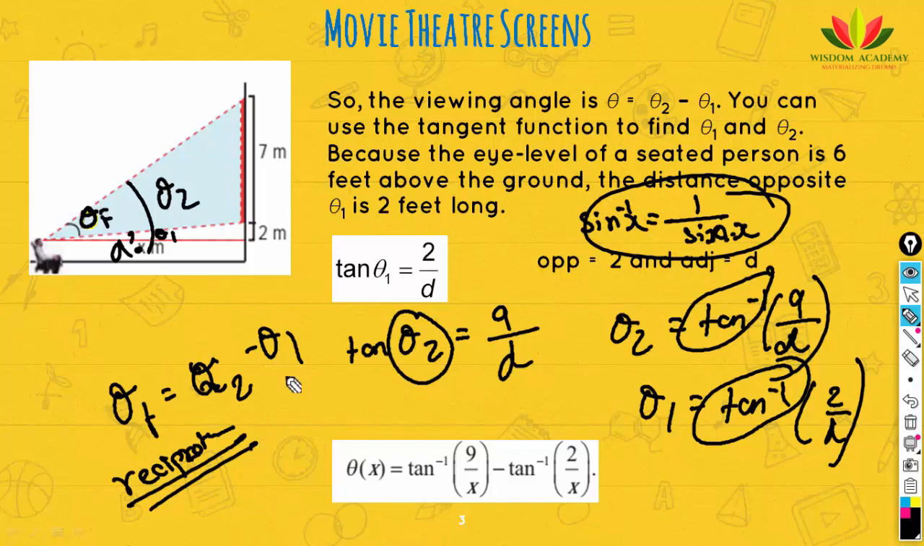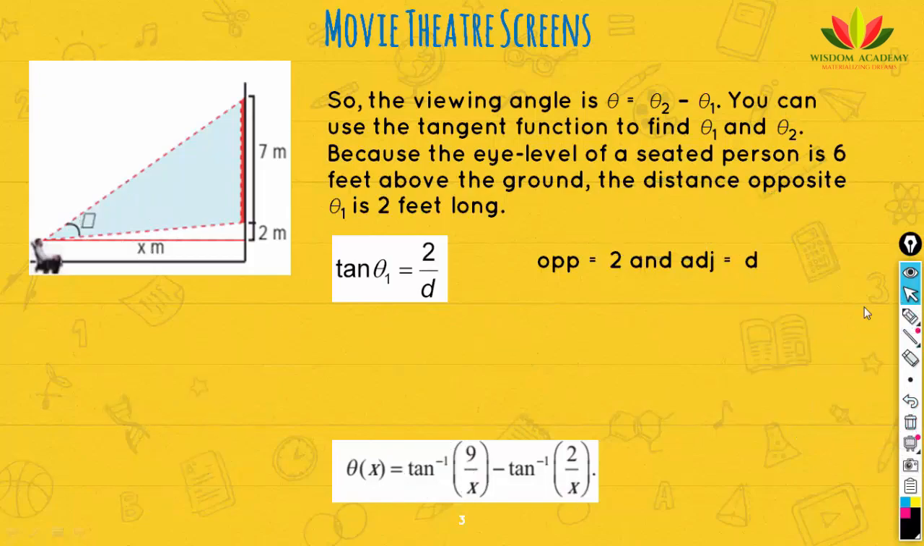So now we can come to this sum. Now you see what is theta 2? Theta 2 is tan inverse of 9 by d minus similarly tan inverse of 2 by d, right? Because this is theta 2 minus theta 1. Okay, so this is the way we can find it, and to show the inverse function where it is a real-time use, I have taken this sum. Okay, so next what we are going to see is